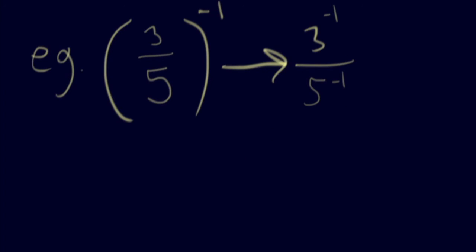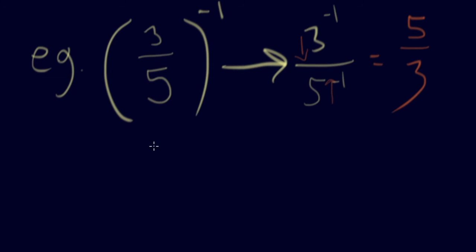Now, you have the exact same rule, so you can't have negative exponents. So the 3 would have to go down, and the 5 would have to go up. So this would end up being 5 over 3. Now, there are different ways that you can look at that. Some people like to talk about if you have something to the power of a negative exponent, you simply flip it, and you change the sign of the exponent. So what I mean by that is, let's say we had